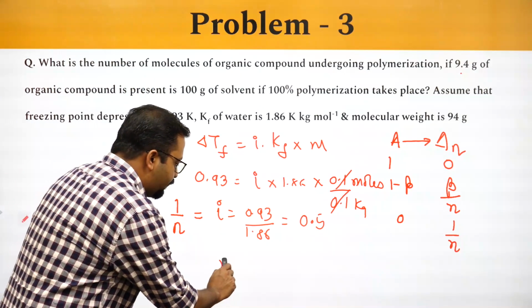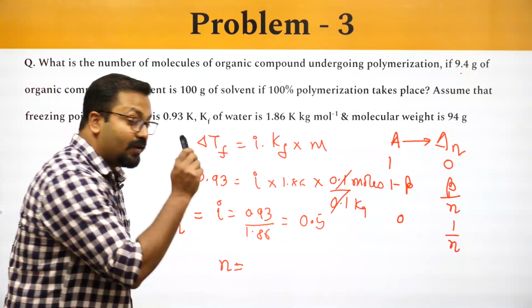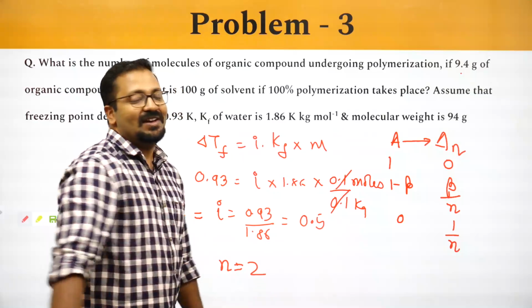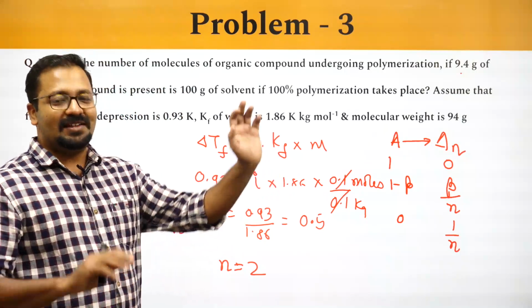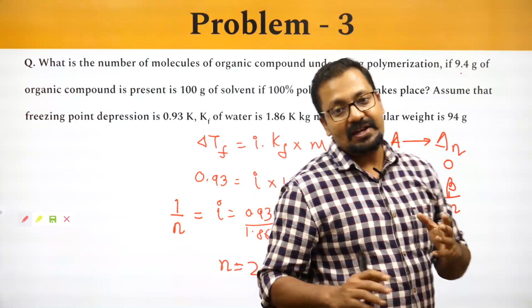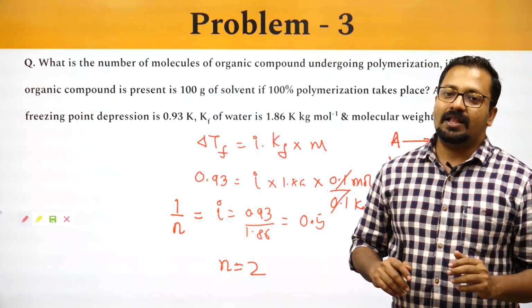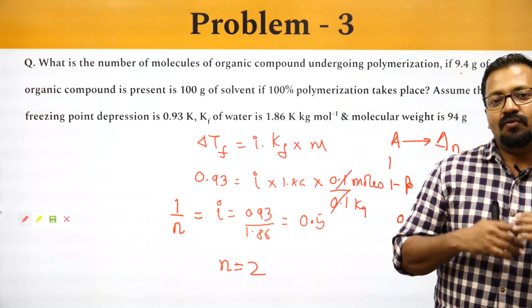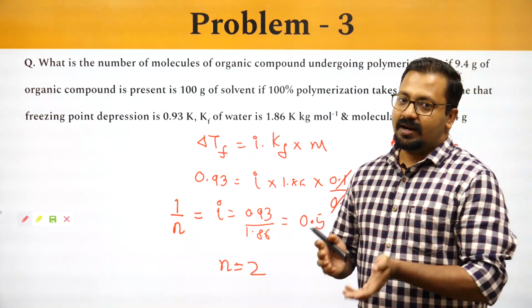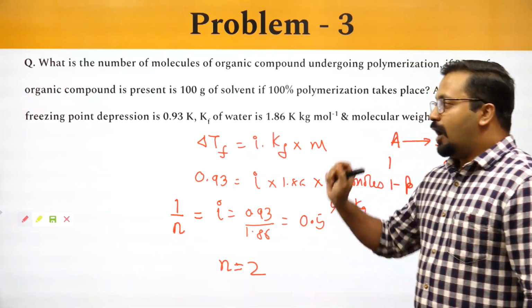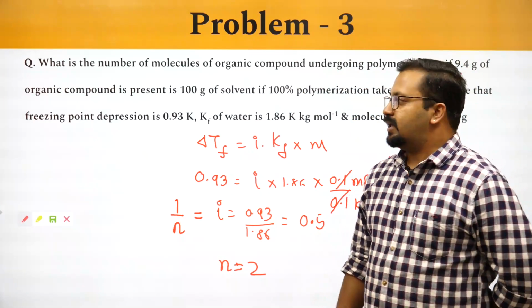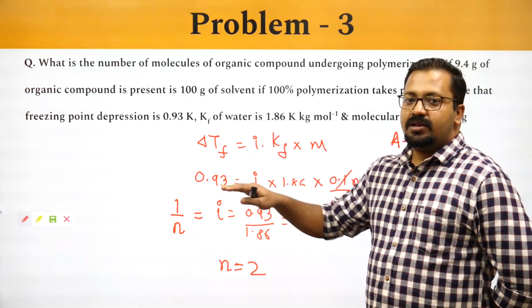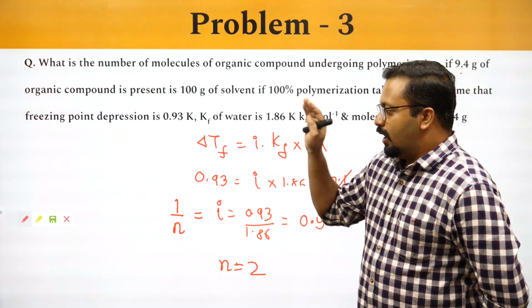So what should be the value of n? Sorry, value of n should be equal to 2. मैंने पहले ही आंसर बता दिया, sorry. So value of n should be equal to 2. इसका मतलब कि it is undergoing what type of polymerization? It is undergoing dimerization. So आपको ऑप्शन में ये भी लिखा जा सकता है कि it is undergoing dimerization, tetramerization,